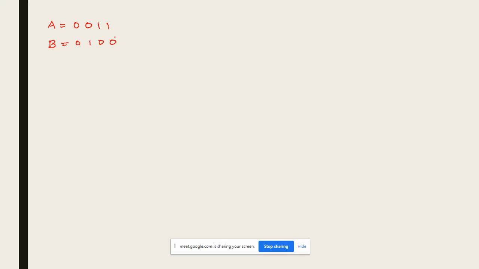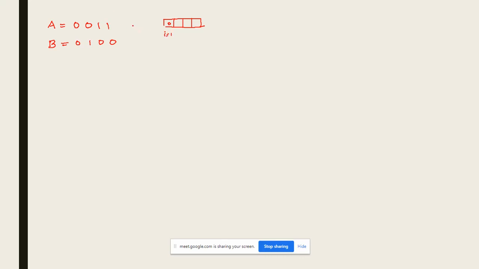Now I have to add these. Manually, I add these two bits, give its answer, then afterwards if I have a carry, I add it to the next bit and take a carry and move on like that. In the case of arrays, we are storing these digits in arrays, so that, as you have already learned, the first bit will go here. This is the first bit, that is I is equal to 1.